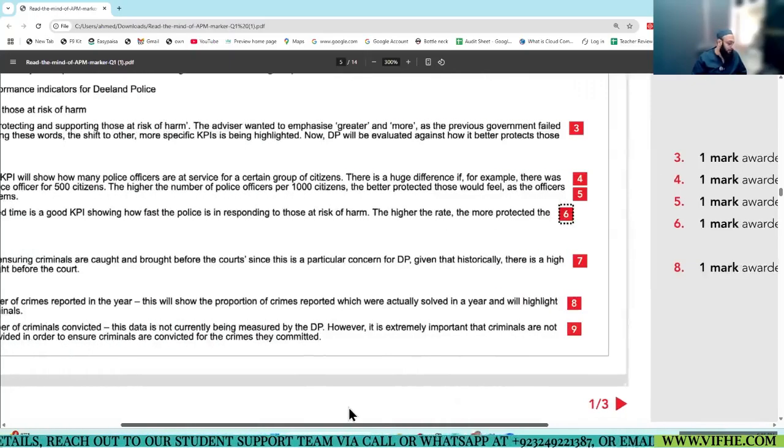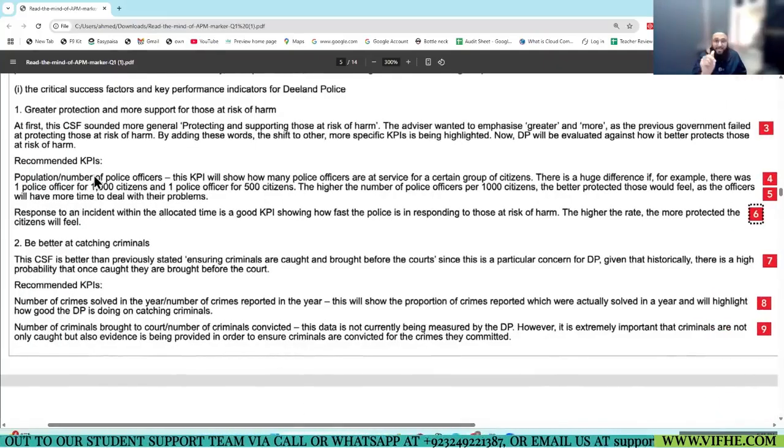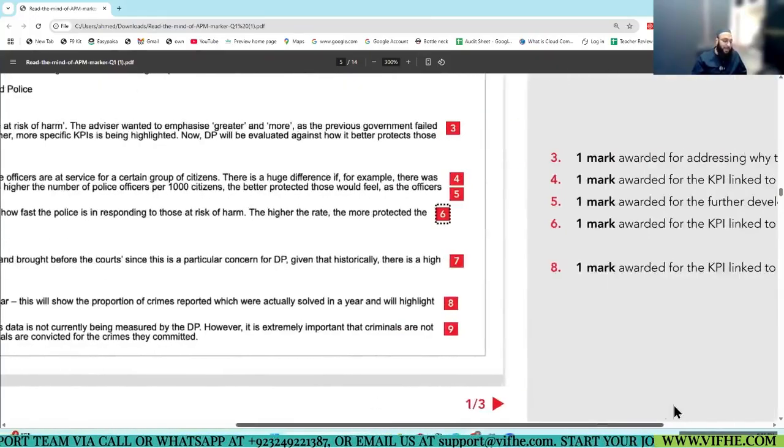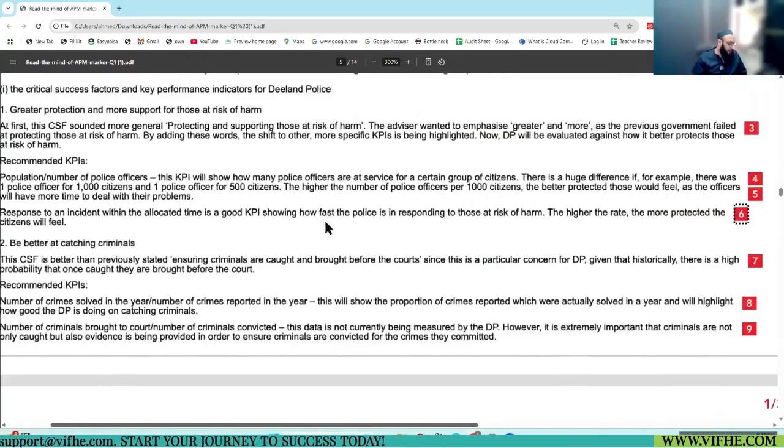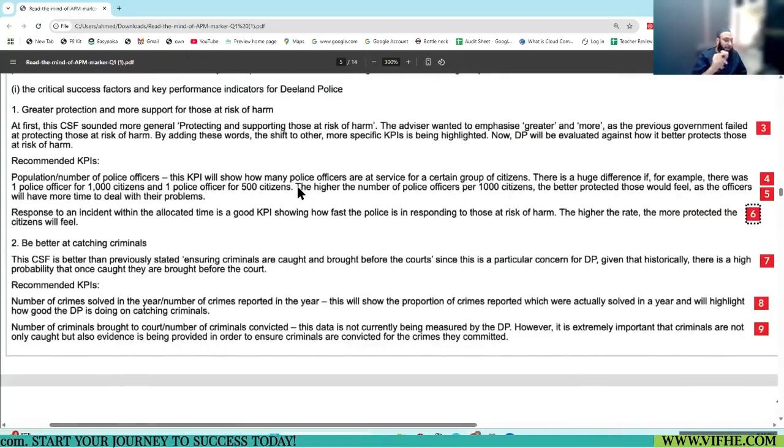Now see what has been done here. Try to understand. For the first KPI, because you suggested the KPI, listen, the examiner gave you 1 mark. Now comes my explanation of a developing point. What is a developing point? All that he wrote after that, the higher the number of police officers per 1000 citizens, 500 compared to 1000, the fewer people per police person, means the better the protection is.